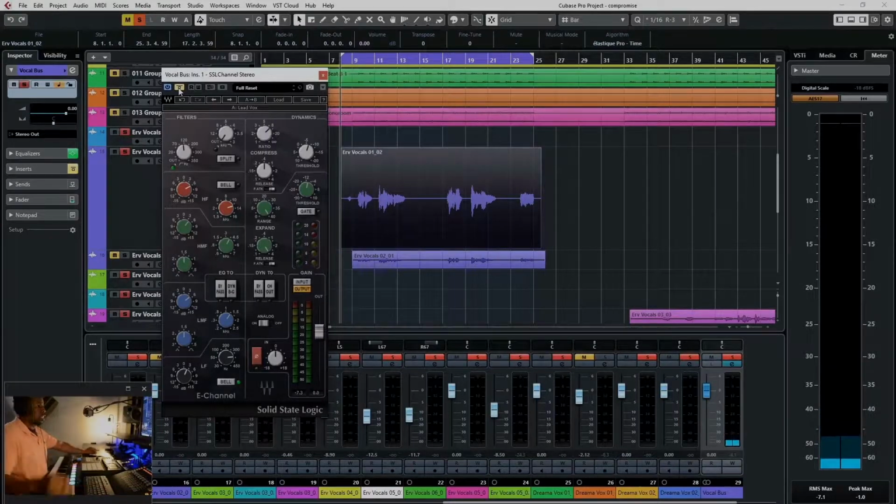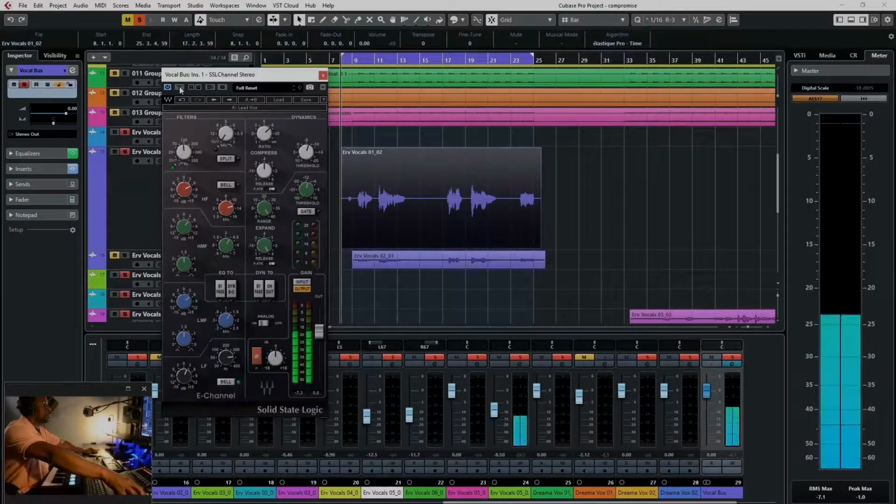Okay, and like I said, it's a great sounding vocal, but we want to be able to brighten some of the top end so it actually cuts through some of those instruments. We also want to add just a little bit of compression. That way it brings up some of the lower sounds, and we can actually bring out what is being translated through the singing. So